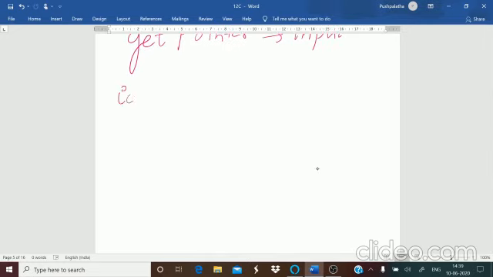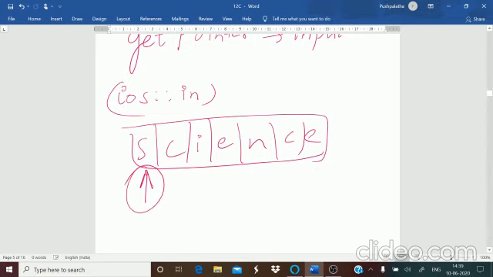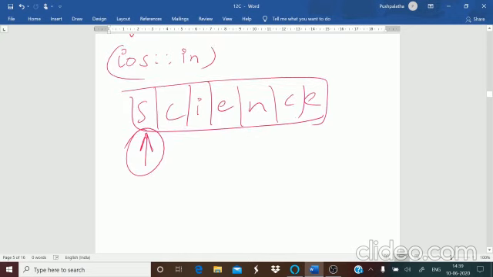If you are opening it in ios in mode, then it will start reading, and the pointer will be at the beginning of the file. For example, if you have SCIENCE, the pointer will be at the beginning of the file. So you can perform different operations by using the corresponding file pointer.